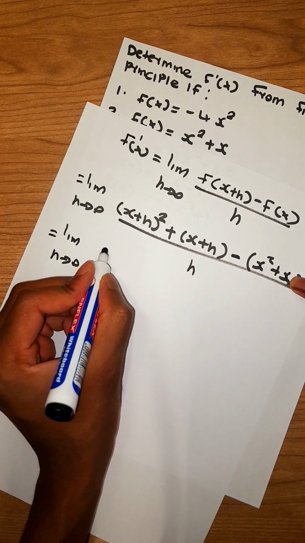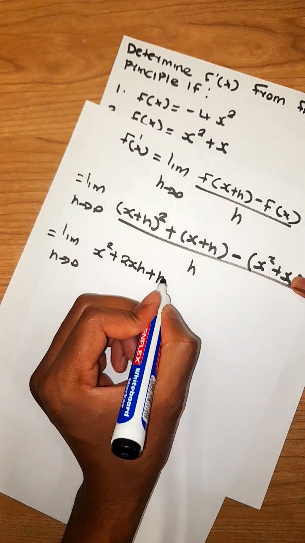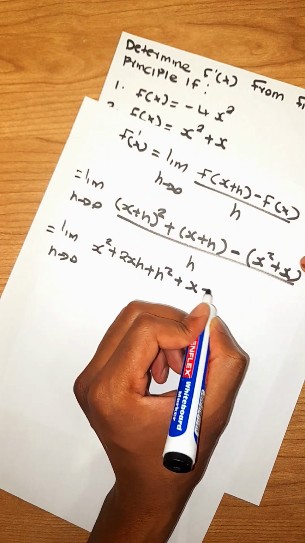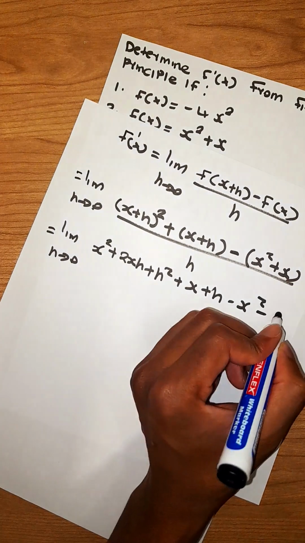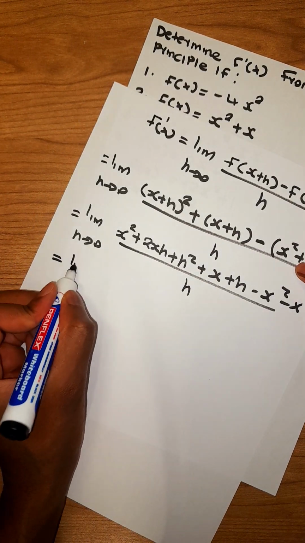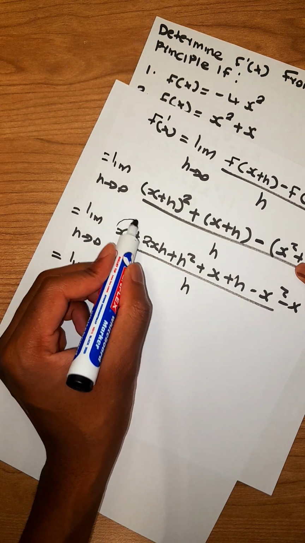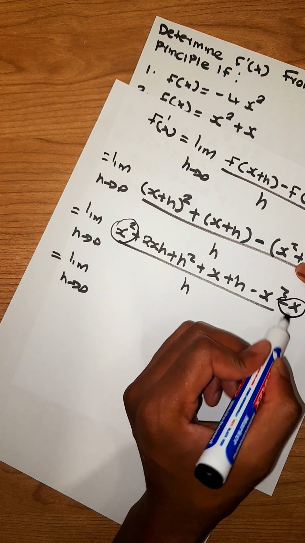Remember, when you expand this, you're just going to get x squared plus 2xh plus h squared plus x plus h minus x squared minus x. And then you're going to divide this whole thing by the value of h. Now the limit as h approaches 0,